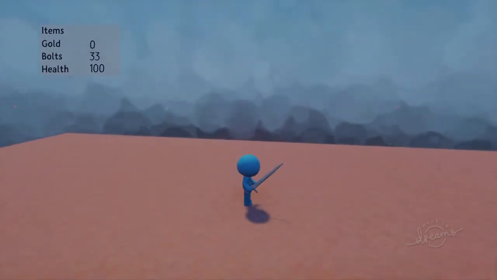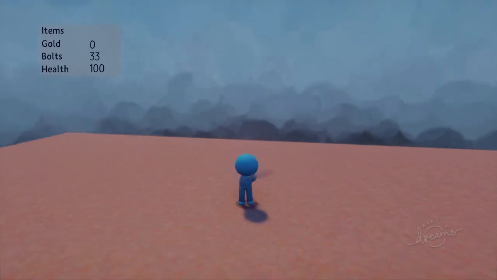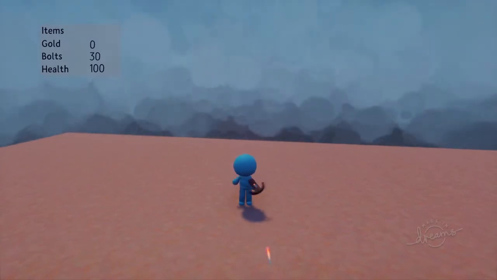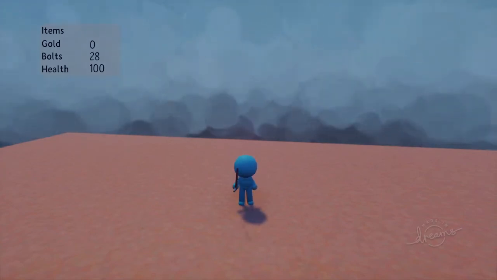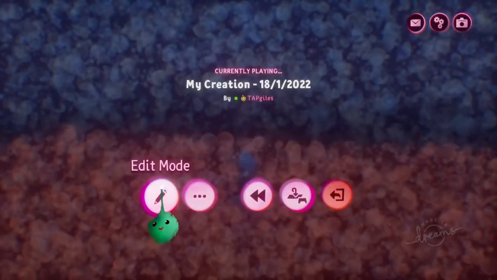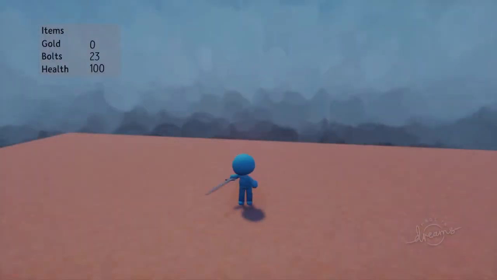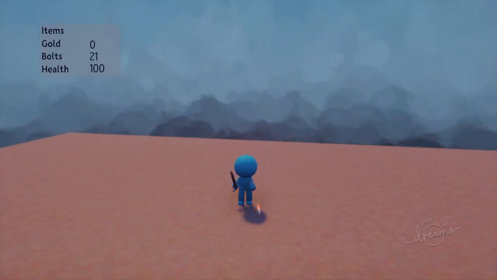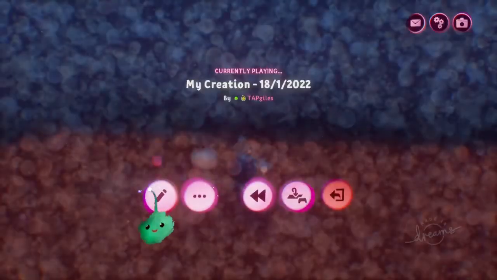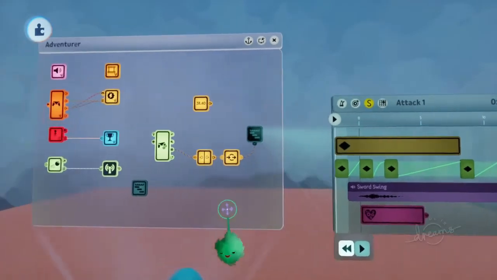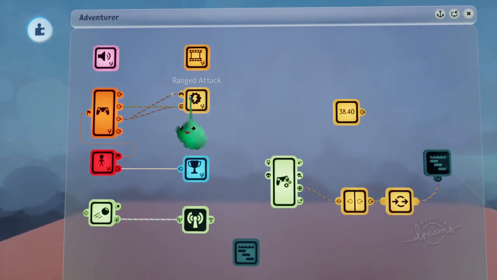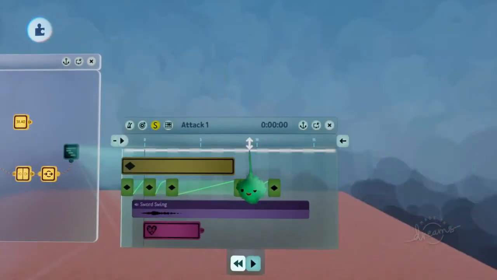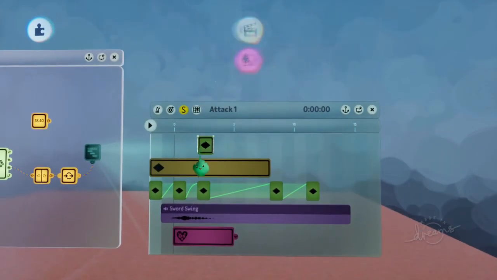But if I try to swipe and then shoot, it kind of interrupts each other. So while I'm swinging the sword, it's still swinging while I'm shooting, which doesn't make much sense. And if I shoot and then use the sword, the sword interrupts the shooting as well. A simple solution for this is to turn the ranged attack chip off, because everything to do with the ranged attack is in there. So if I have another keyframe,